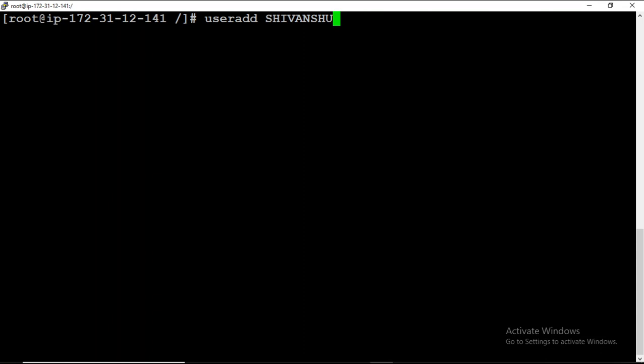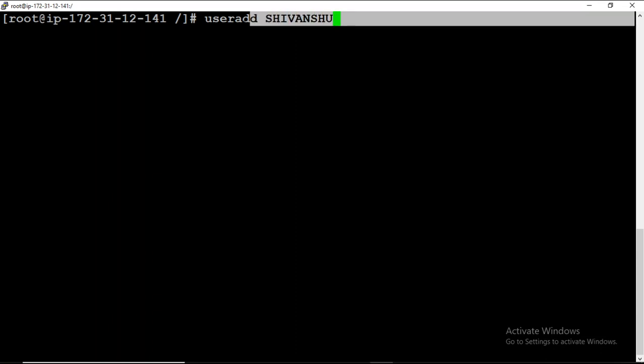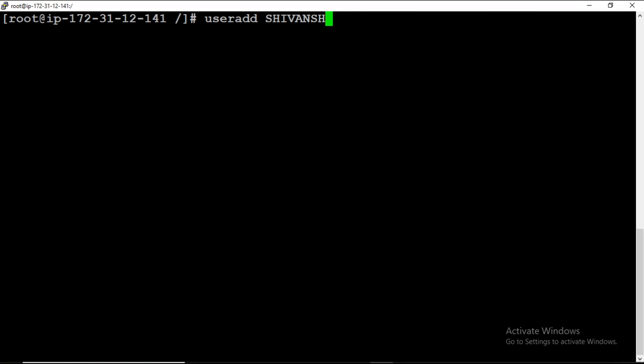If you want to set a password for this user, how can you do that? For that you have a command in Linux, passwd, and then you give the name of the user.